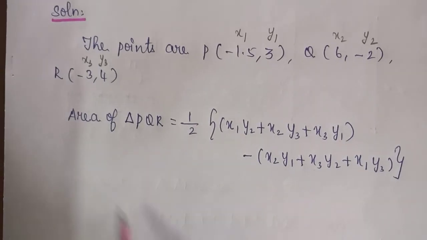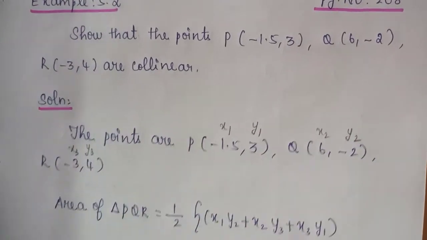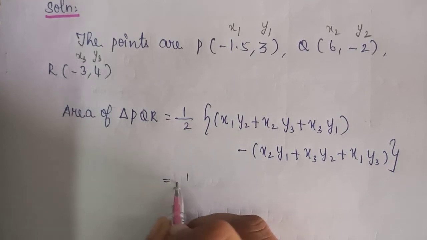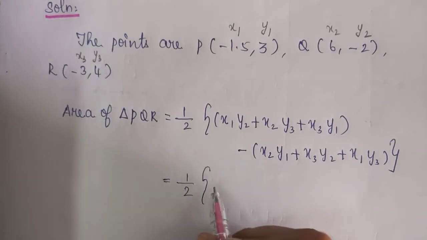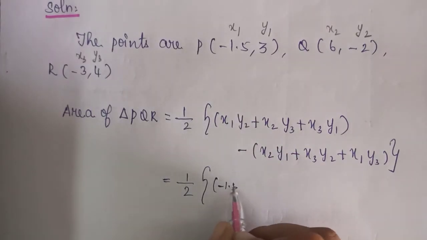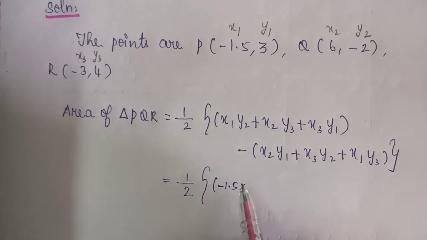If you get the area of a triangle PQR equal to 0, then only the given 3 points are collinear. So which is equal to 1 by 2 into x1 value is minus 1.5 into y2 value is minus 2